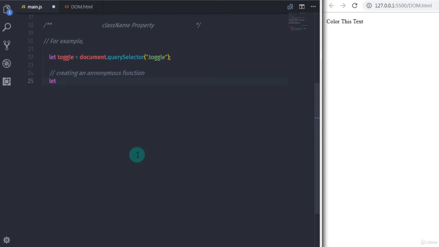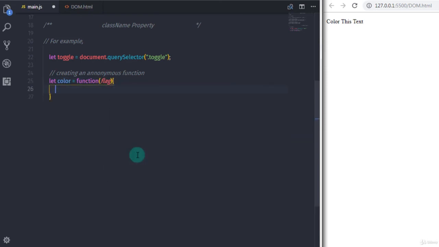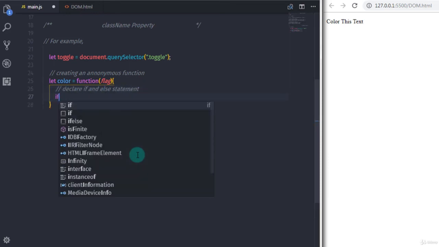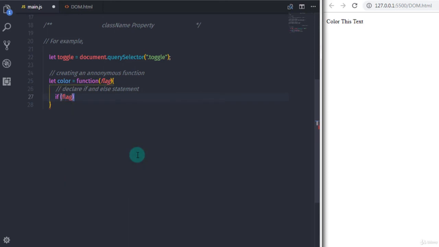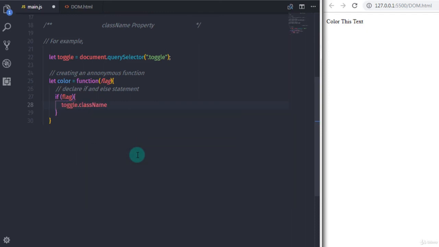So I will just say let color is equal to function, and I will specify an argument flag here. And in the body of this function I will create if and else statement. So I will just say if flag, and in the if statement I will just say toggle.className is equal to